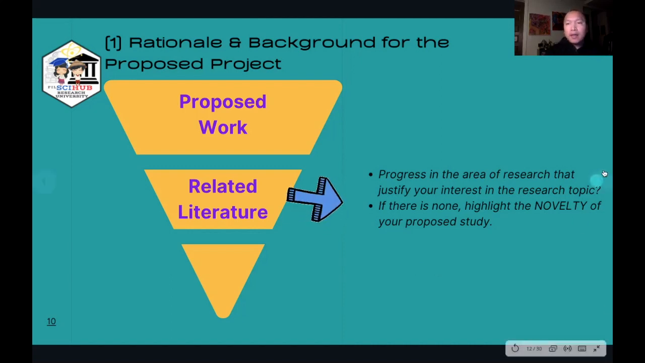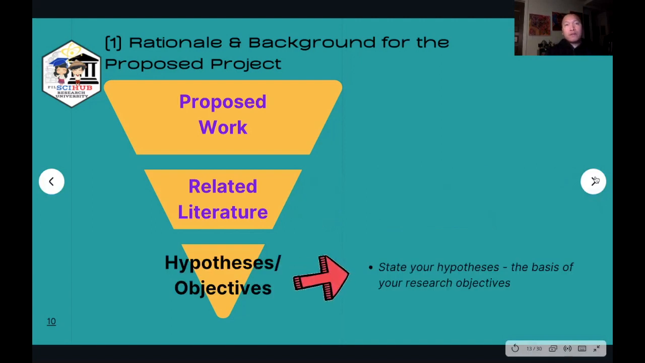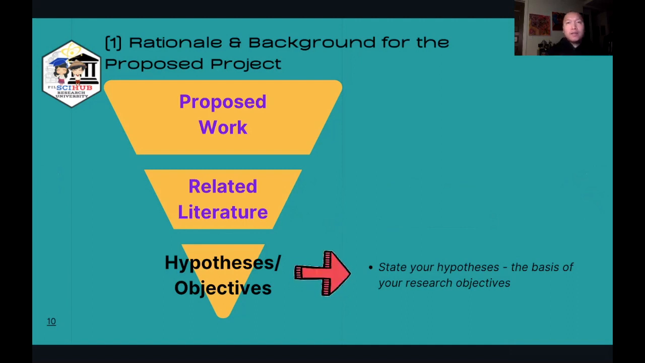Okay. And then the last part of the rationale or the background is the hypothesis or the objective. So this is the part where you talk about your hypothesis. Essentially, your hypothesis is going to be the basis of your research objectives. And if you notice, I have actually organized these elements of the rationale and background using an inverted triangle. So this is to show that the thought process that is practiced in writing up a rationale is via deductive